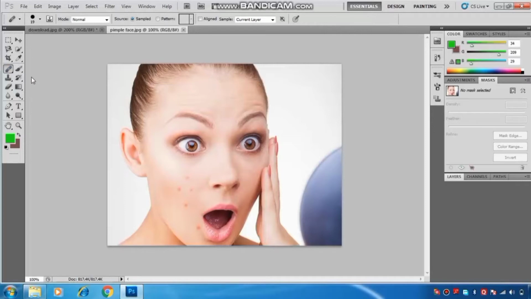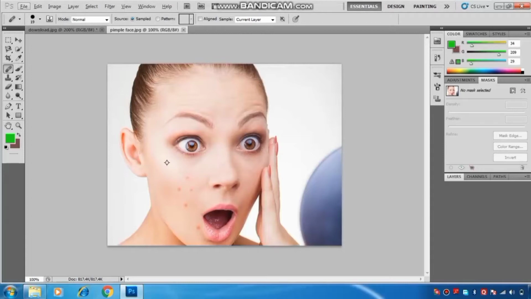Now to use this tool, first we have to hold down the Alt key on the keyboard, and then click on the image area that we want to use as a source. Suppose I use this portion as a source, so I press Alt and click. Then I select the source from here.